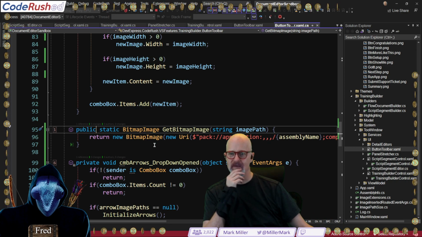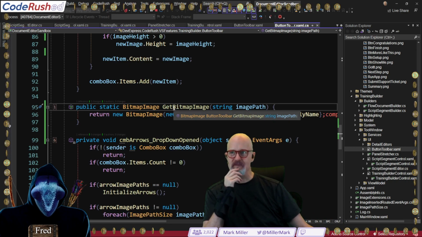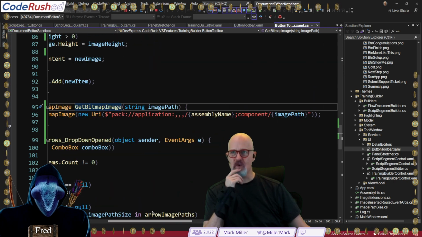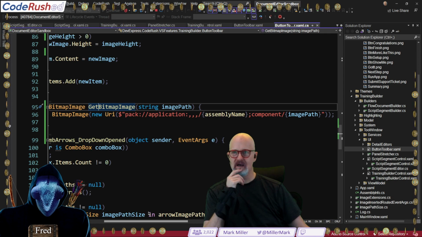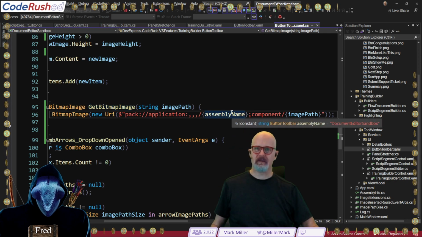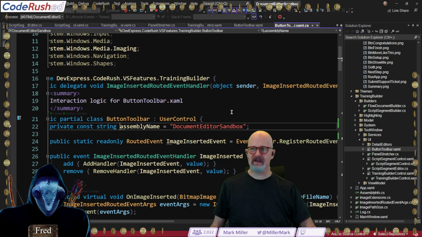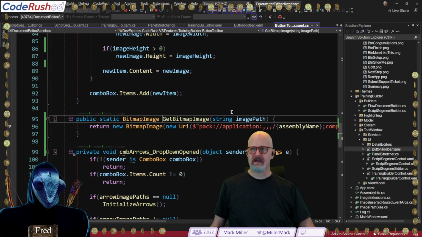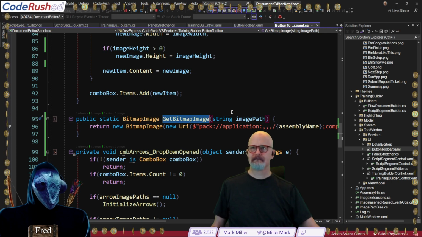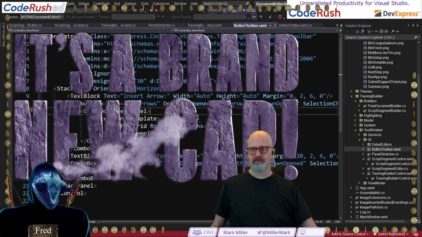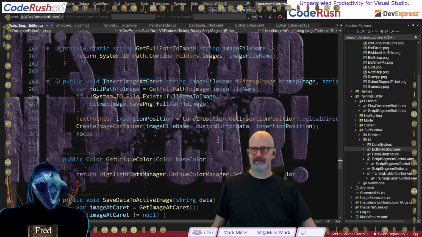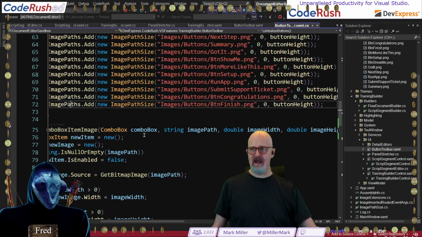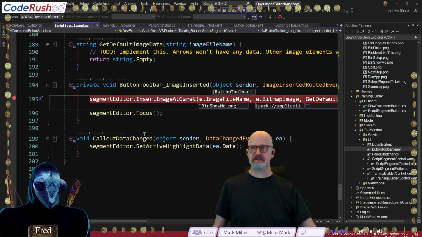All right, so now we've got a get bitmap image. It is static, and it's got the correct. What's going on with assembly name? Let me check this. Where's this set? Okay, that's fine for now. And it grabs the image path. So that's quite good because it's grabbing a path to an image that's embedded in the assembly, and therefore that's where they can access the data from, and ultimately that's where it then saves from out to where you need it to be. Yeah. So now let's go back through our markers here.